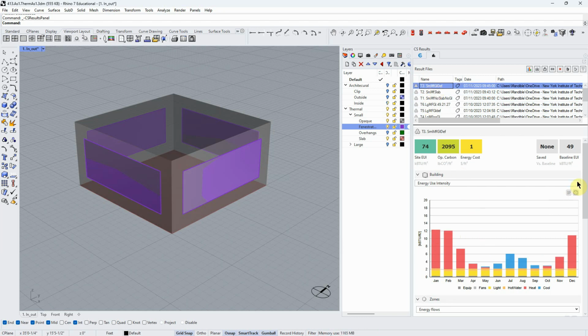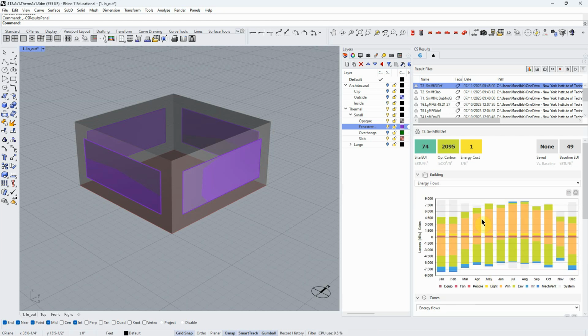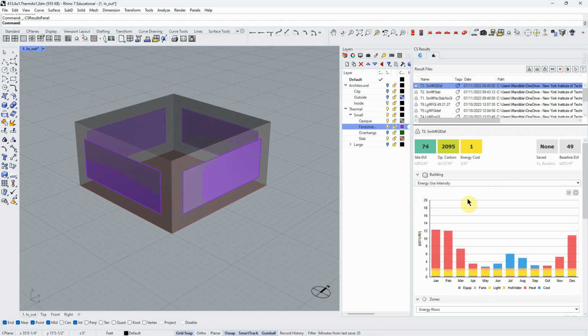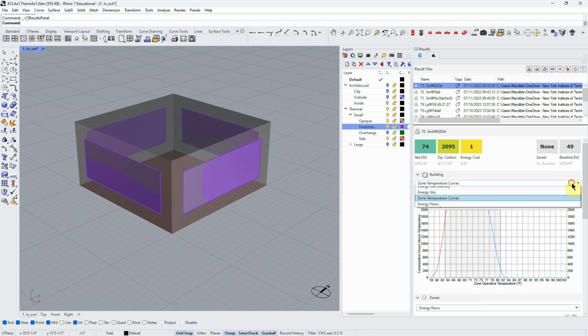There'll be a lot of different ways to analyze this. Let's look at the energy flows. Of course, we have glass. Well, there you go, there's our glass in the orange. It's a little bit unfortunate, I think they use the same colors in the energy use intensity graph. The orange is hot water, and in the zone temperature, in the